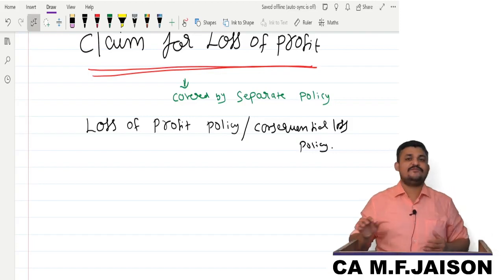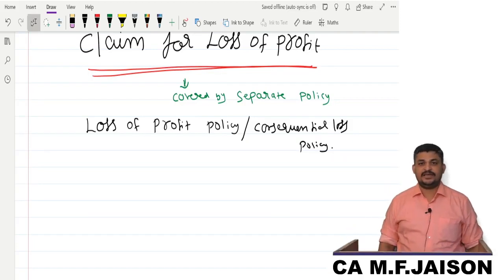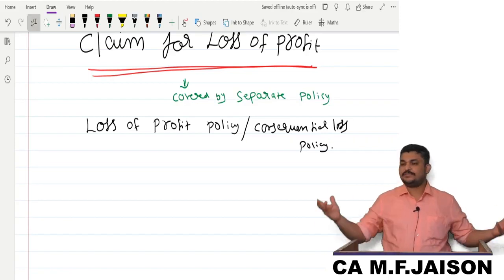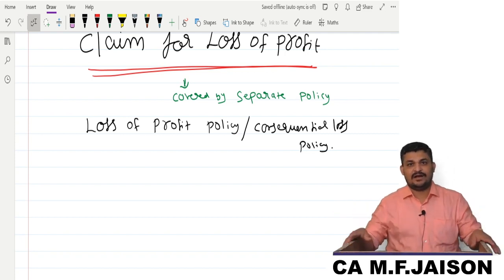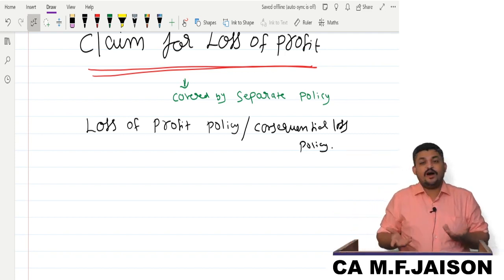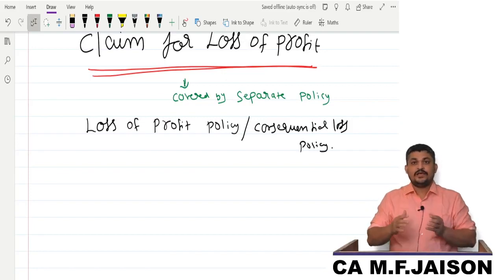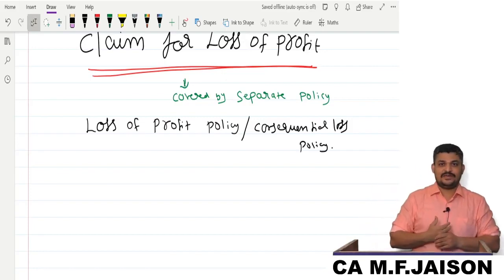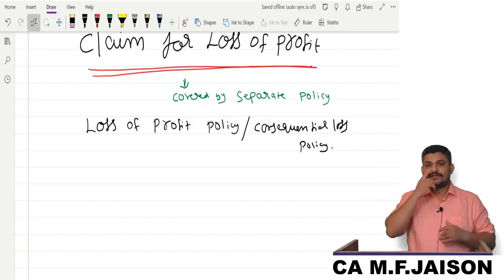Now, what is this claim for loss of profit? Sir, a fire accident occurred at my business place. What will I lose? Tangible items such as stock, furniture and building would have been lost. How does this become loss of profit? Let me put some questions to you so that you try to answer me, my dear friends, as I believe that you are there and you should take it in the same manner.